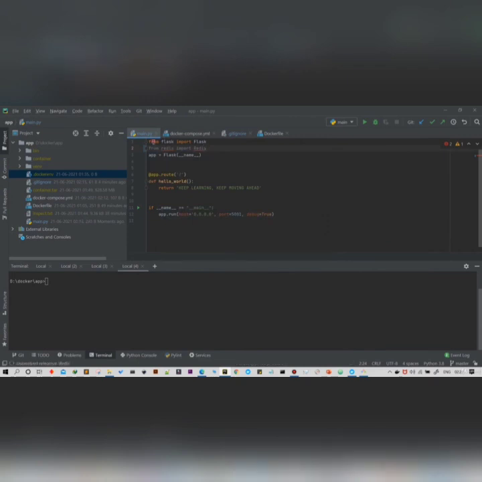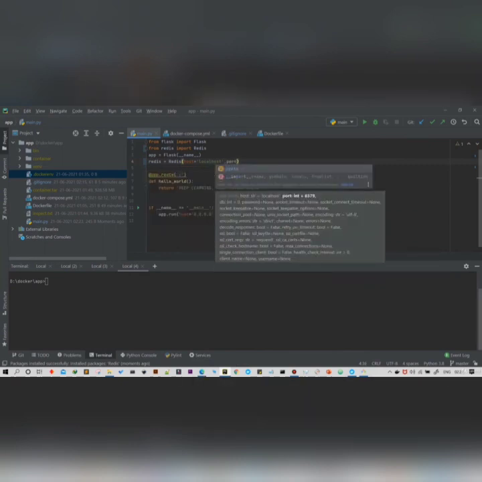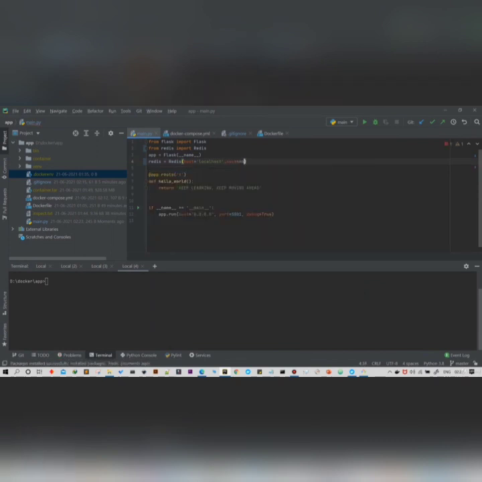So here I'm going to add Redis, which stands for Remote Dictionary Server, which is very fast, and the best thing is it is open source, and it has the capability for in-memory key value data storage, which is basically used for the cache, the message broker, the queue, as well as for the database. And here I'm going to define this redis instance. For it you need to provide the host name, which is localhost here, and the port, which is 6379. Okay, this is the default port which Redis uses.